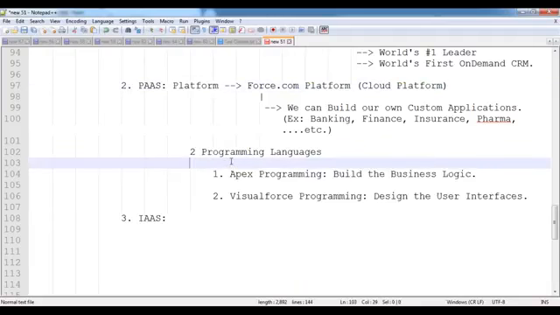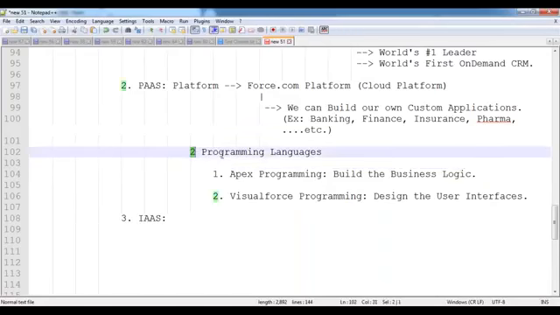Now, in this case, you can raise a question. Sir, we are from non-technical background. We don't have any programming knowledge. So how can we use this? No need to worry about the programming part. Every fundamental basic I will discuss in the class itself. You don't need to have any programming knowledge, and you don't need to learn any other programming languages in the meantime. Everything I will discuss in the class in detail, from beginning to advanced level, with real-time practical use cases.